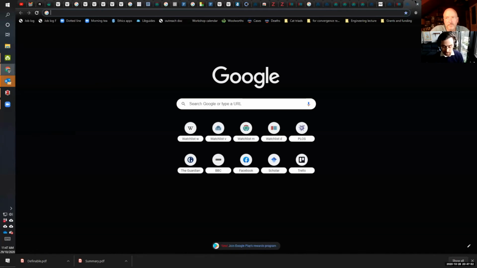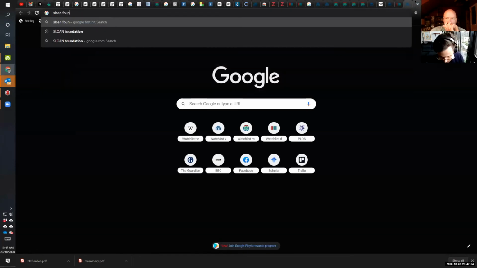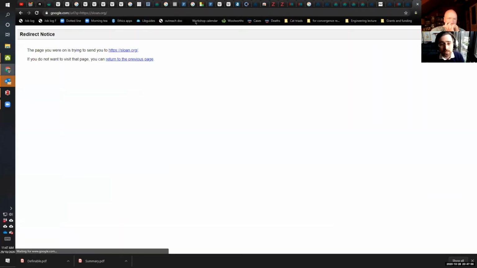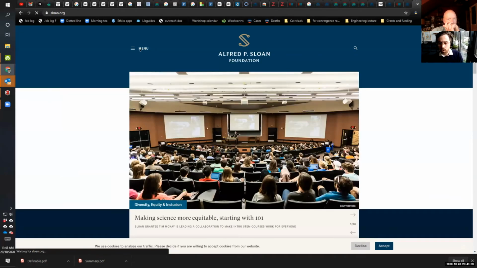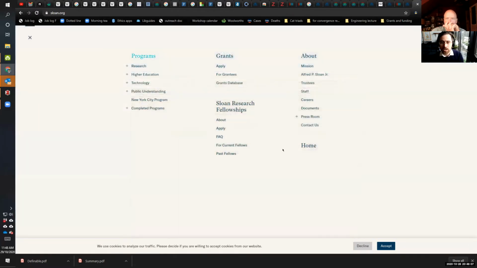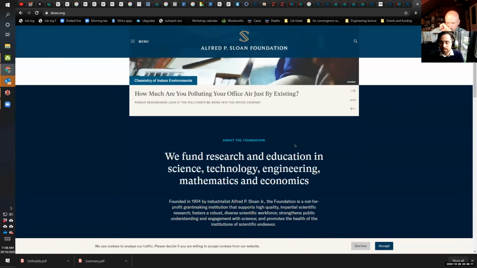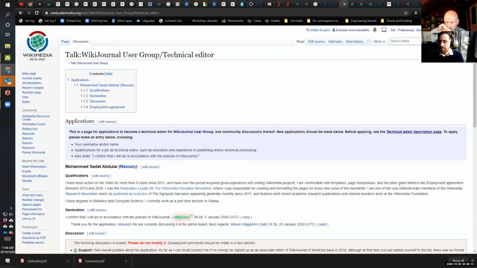The other thing that I need to look into a little bit more is the Sloan Foundation, because I know that they've given out grants to quite similar projects before, and I'd need to check what their application process is like. But there are some other non-Wikimedia foundations that we could also go to for funding, which I think could be very useful.